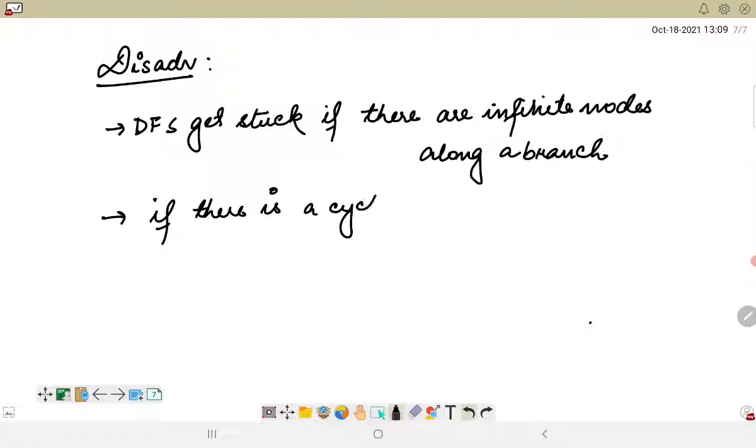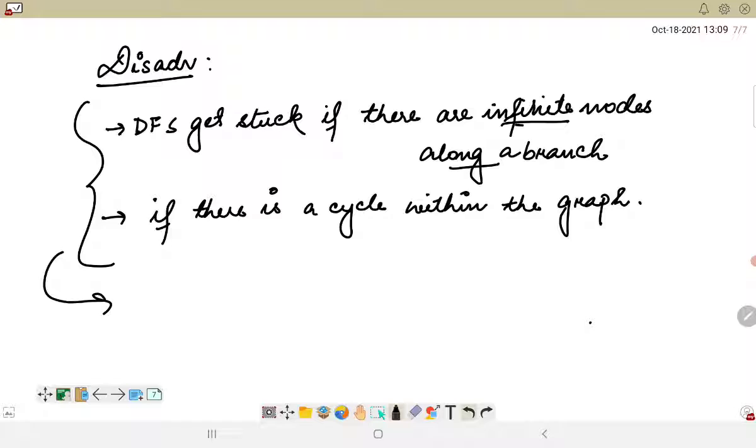cycle within the graph or within any problem scenario. So if there is a cycle within the graph or if there are infinite nodes, then with these two conditions, DFS might never return any result.